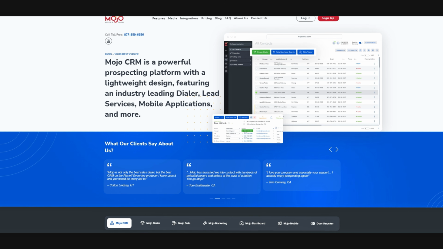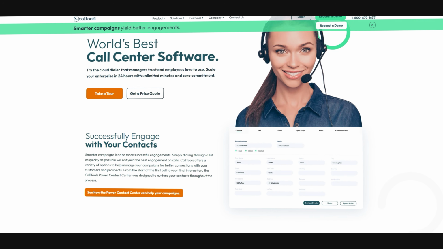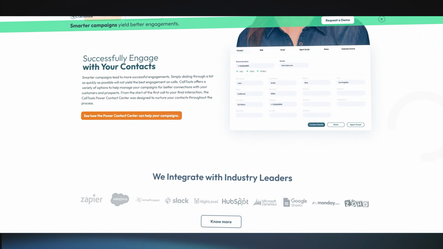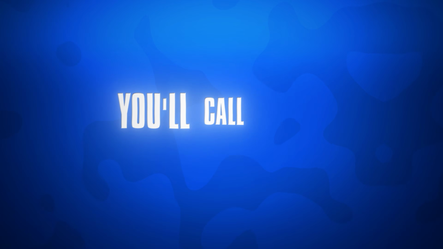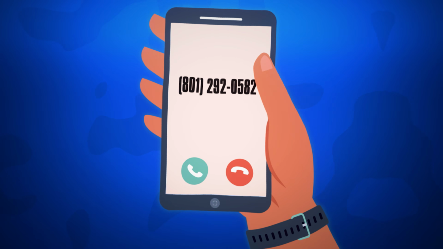When it comes to cold calling, there are a bunch of alternatives and more effective ways that you can do it. You can do it manually from your cell phone, just typing in the numbers and giving them a call, or you can even use apps like Mojo Dialer or Call Tools. Those are software triple line dialers where you input the list, and it will call 3 numbers at once. Whoever picks up first, you'll get on a call with. It's very, very effective and efficient.